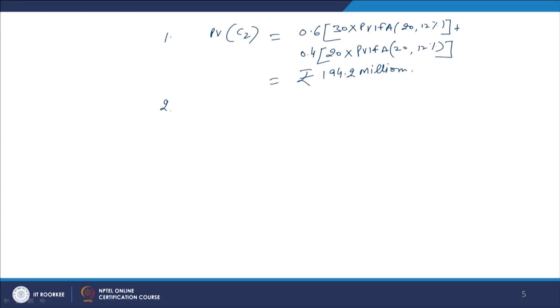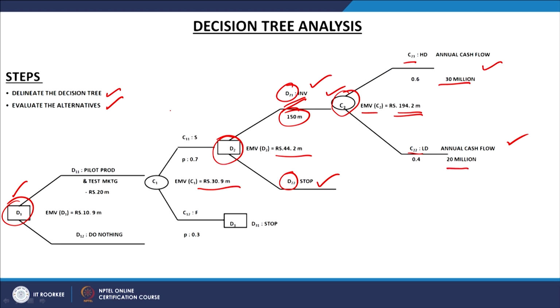So, first of all, what are the cash flows given to you as per chance of success 1 and chance of success 2, and their respective probability? Multiplying by the probability, you calculate the present value of the cash flows, and then you will be able to take the decision. So, now go to the step number 2. In step number 2, you have to calculate the NPV at D2. What is the decision here? We have to evaluate it.